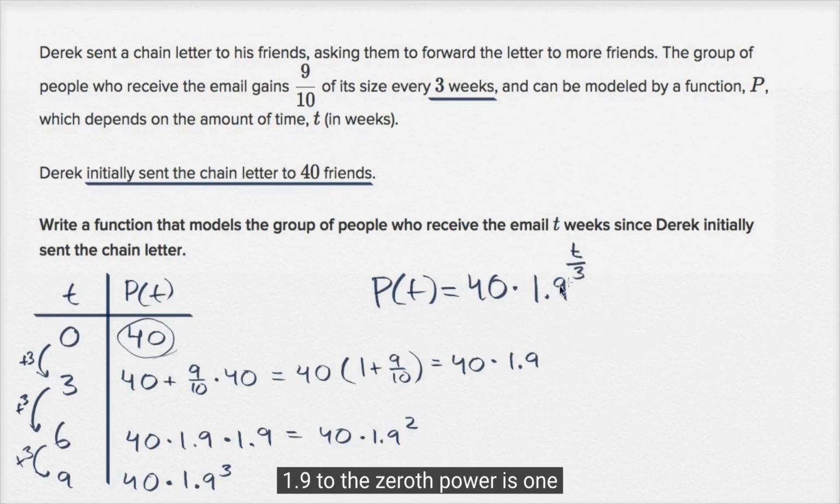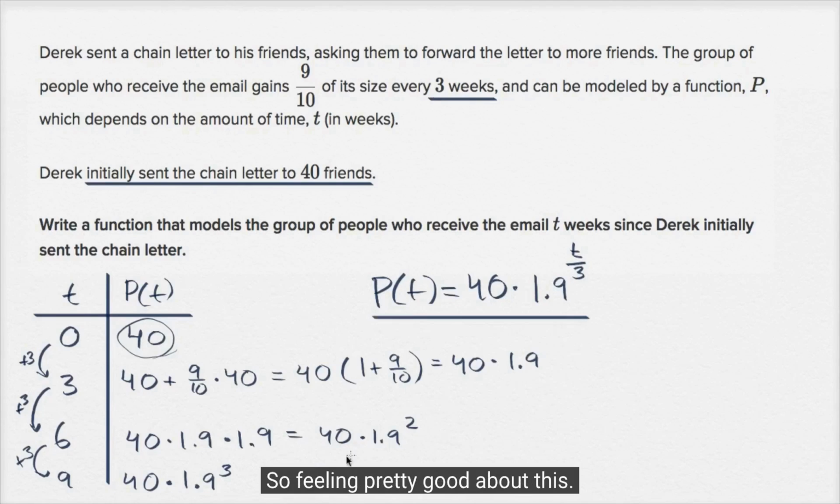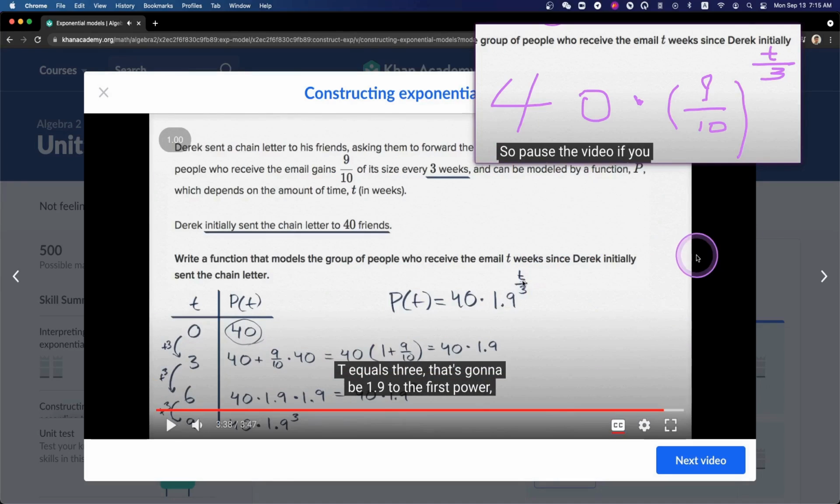1.9 to the 0th power is 1. So 40 times 1. T equals 3. That's going to be 1.9 to the first power, 3 over 3. And so we're going to grow by 90%, and so on and so forth. So feeling pretty good about this. That's going to be 1.9 to the... So it seems like we probably got it right, but